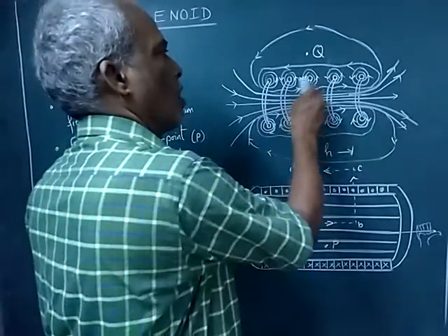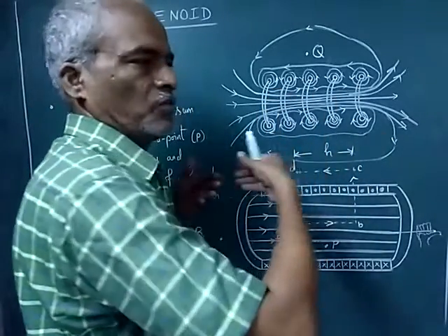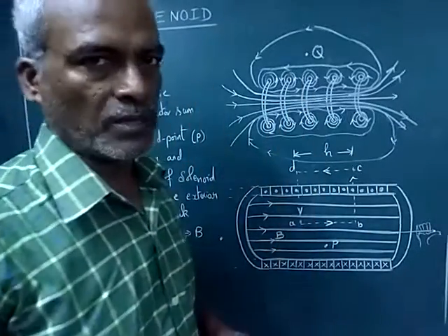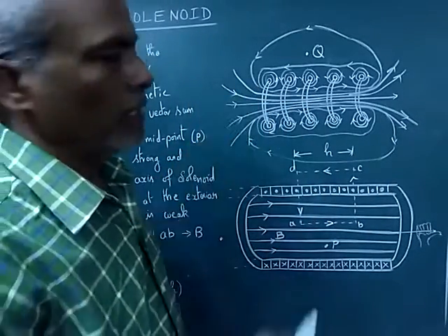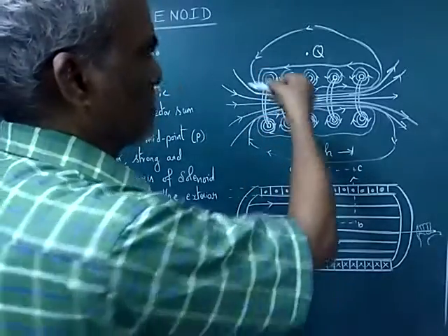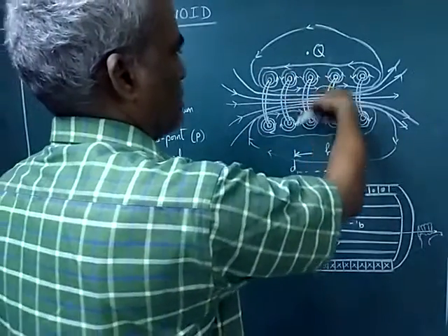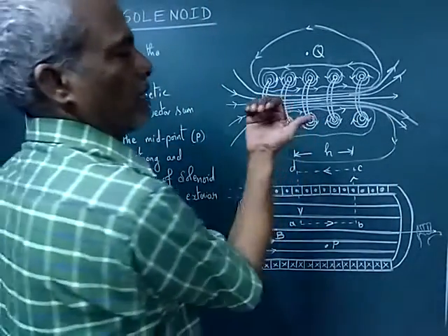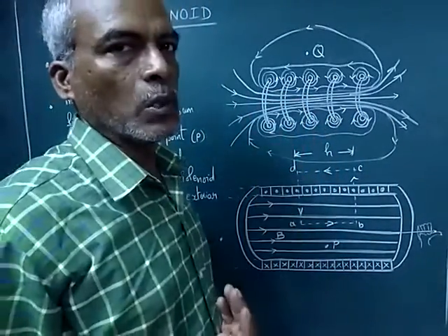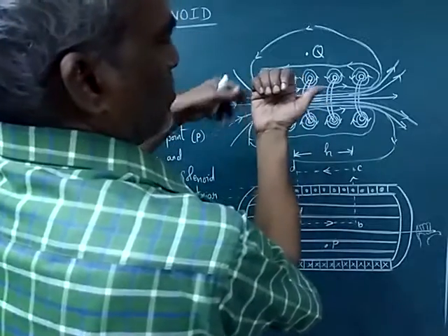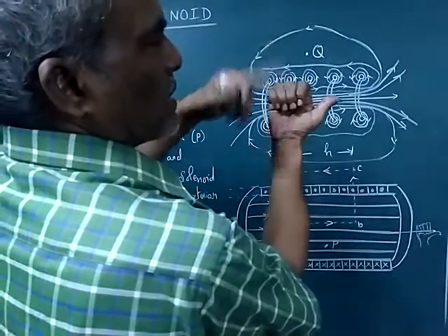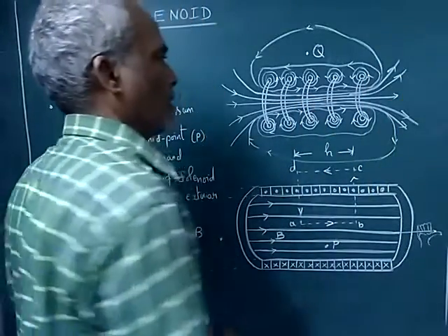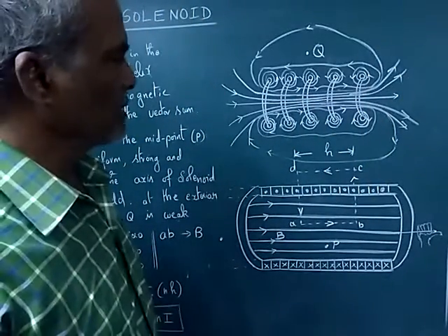So these are all slots. So it's a long solenoid. We have shown you only a portion of the solenoid. So the wire, the conductors will go like this. It goes like this in a helical format. So if you see, we already know the right hand rule. So the winding is in this direction and the magnetic field is in this direction. Okay.